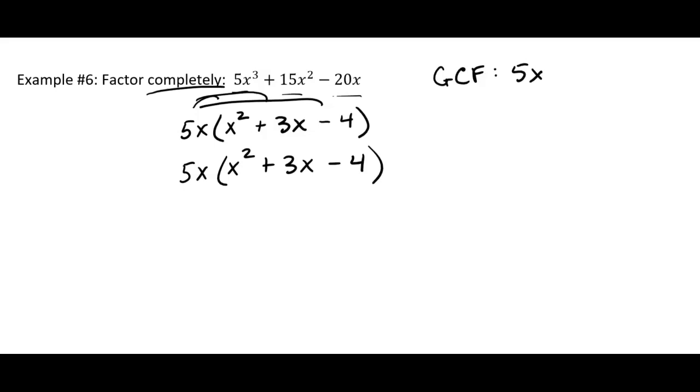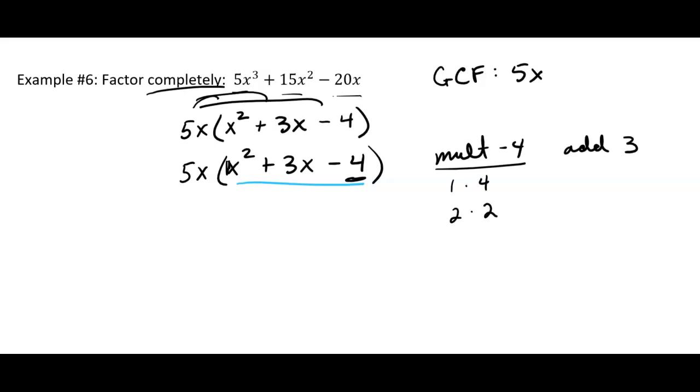So now we're going to focus just on this trinomial right here and see if we can factor it. Now, inside the parentheses, there is a leading coefficient of 1. So I need two numbers that multiply to be negative 4 back here and add to be 3. Okay, so this one will be a good example where we have a negative number again at the end. So it could be 1 times 4. I'm just thinking about 4 right now, or 2 times 2, but one of them has to be negative.